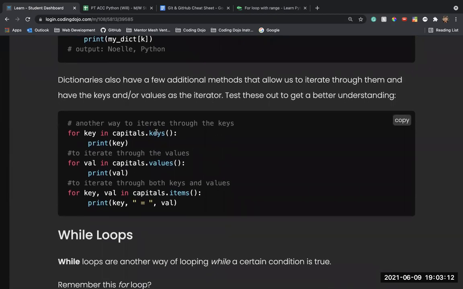Capitals is a dictionary, and .keys() is just going to iterate through all of the keys in my dictionary. Here is going to iterate through all the values. Now I can also do something like .items(), and that's going to give me all of the keys and the values for that dictionary. Like in this example, if I just wanted to print the key, I would just run .keys(), and that's just going to iterate only through the keys.